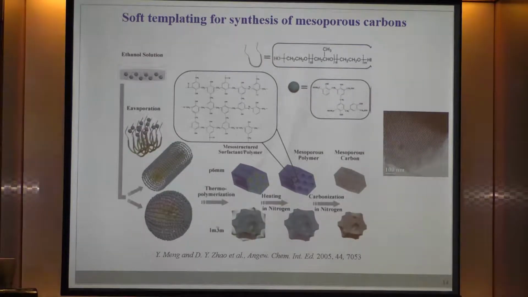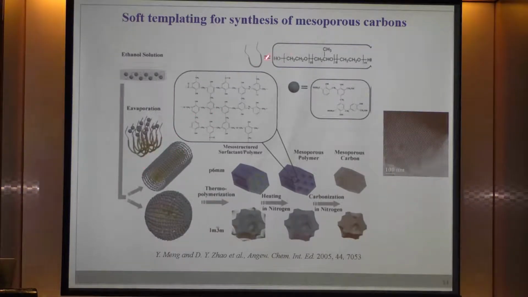Here I will introduce another method because, as I said, we have the previous method to get mesoporous carbon materials. And another method was developed about 12 years ago that uses self-assembly to get mesoporous carbon materials. This was in my previous supervisor's group. So we use self-assembly with an amphiphilic surfactant, and phenolic resin as a carbon precursor. And because of this